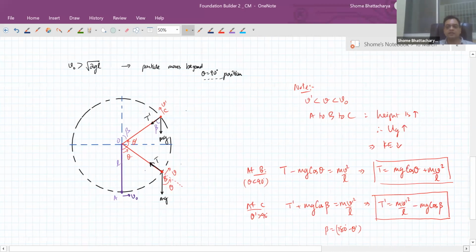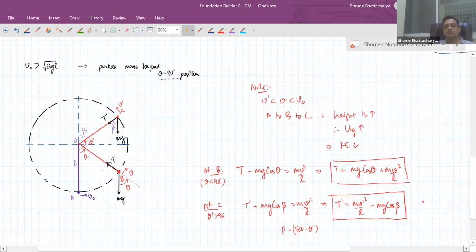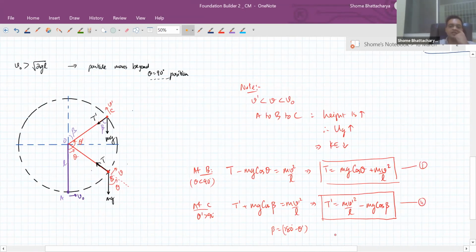Now you can see that if you compare equation 1 and 2, the tension at the point C has become even less than the tension at the point B. In fact, it can even happen that the tension becomes zero, because it's the difference of two things. So if the tension at some such point like C becomes zero, what will happen? The string will not be tight anymore. The thread will become loose. It's a common observation that if you don't give it enough speed at the bottom, it might cross the 90-degree position, but from there the string becomes slack. It loses its tension and the particle falls like this. Instead of continuing in a circular path, the particle falls. So that is an additional possibility that happens.